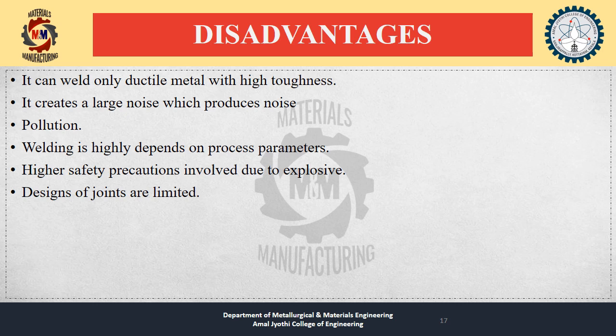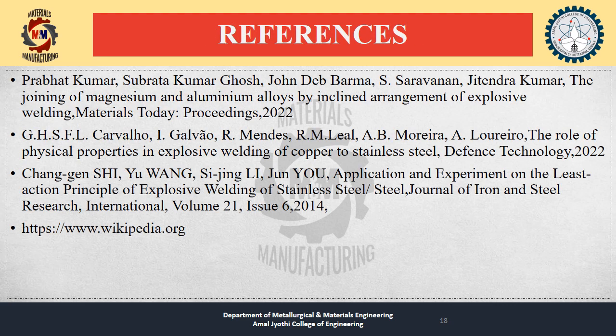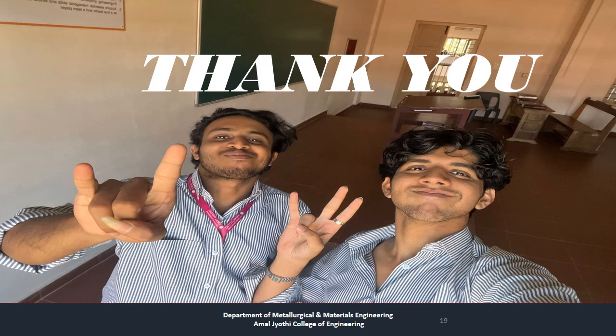So next one is the disadvantages. First of all, it can weld only ductile metals with high toughness. It creates a large noise, which produces noise pollution. Welding is highly dependent on the process parameters. Higher safety precautions involved due to